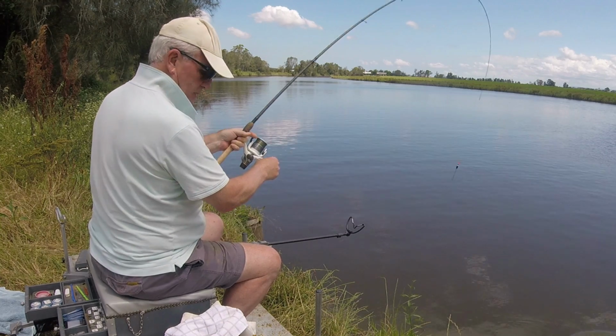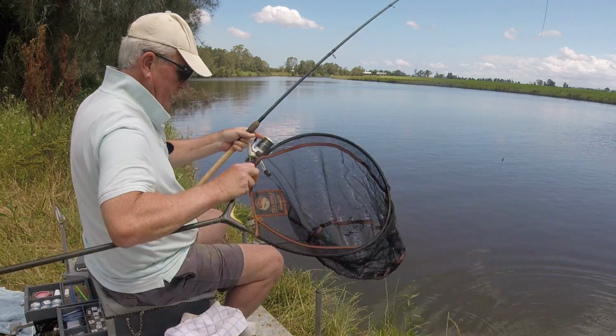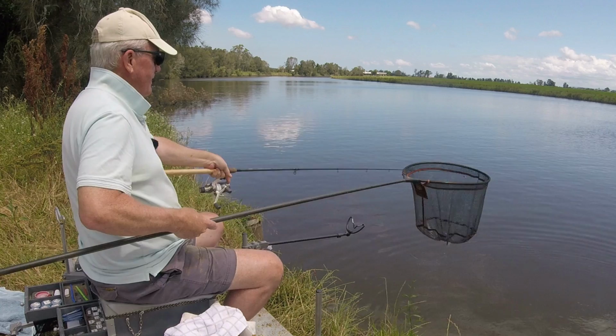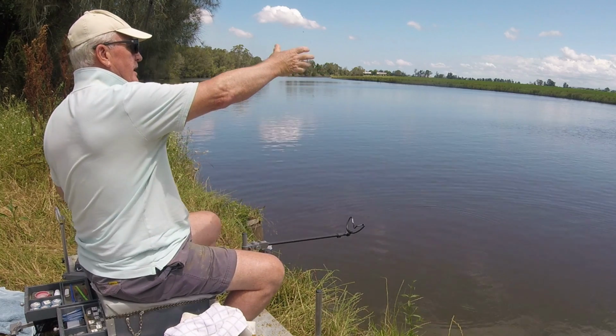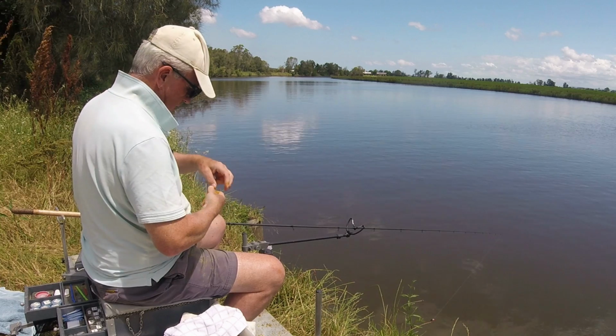Yeah, just another one of those smallish ones. We're going to go back to a bit of ground bait on the hook, see if we can get something a bit bigger. Time's getting on a little bit, so let's see if we can put something bigger in the net by doing what I said. Trying an even bigger lump this time, so